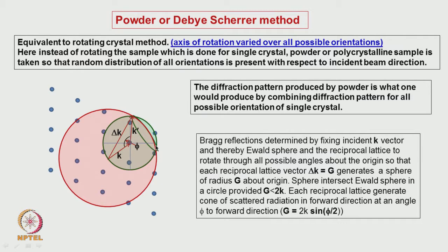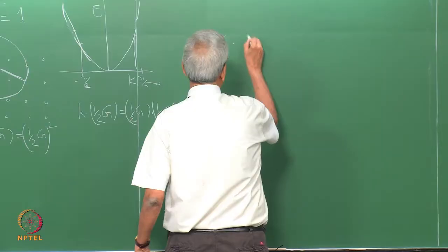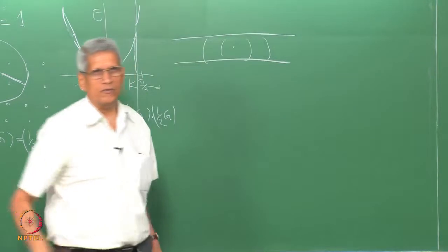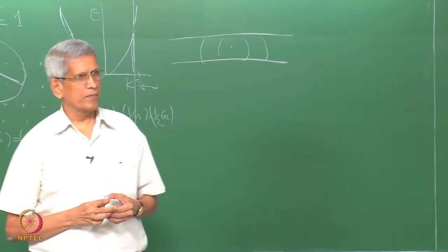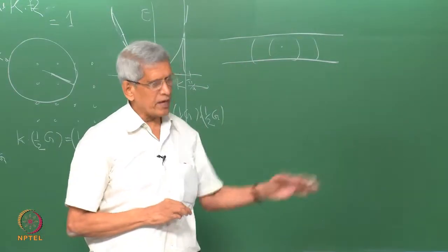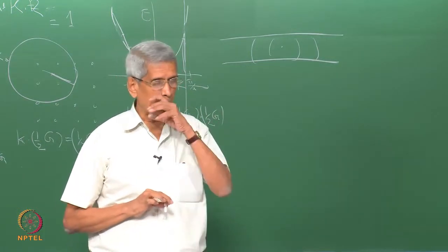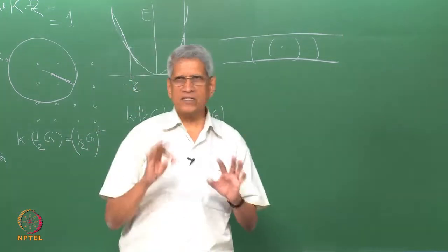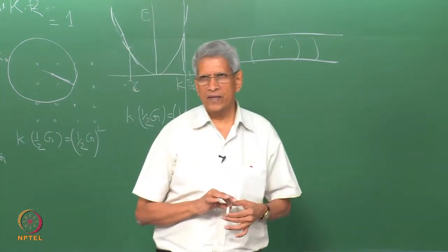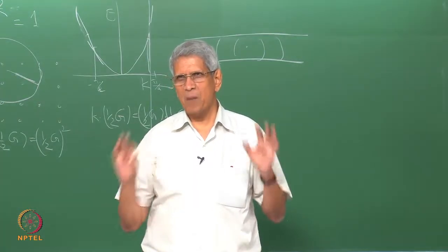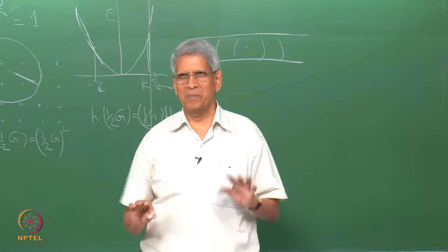That is why, if you look at the Debye-Scherrer diffractometer, you might have noticed that there will be a center spot, and on the film you will get continuous lines like this. Okay. So that is also based on the same Ewald sphere construction. The equipment is constructed in such a way that more reciprocal lattice points appear, so that the analysis is simple. Okay.